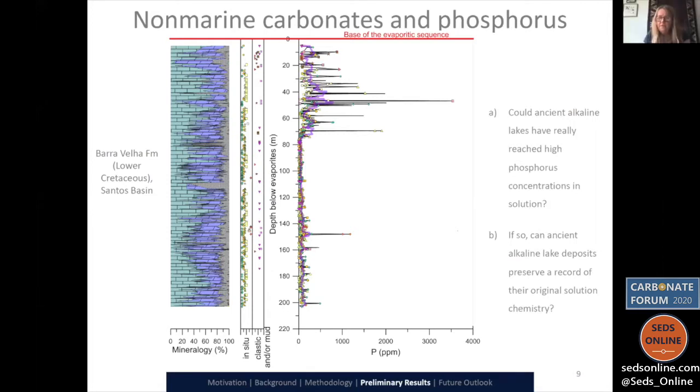Okay, thank you. Ed Follows asked a very similar question to mine about the correspondence of the high P spikes in the top 70 meters with particular lithologies. And then Ramon asks again, if they are too different, could you explain why? I think it's just following on from his previous question.